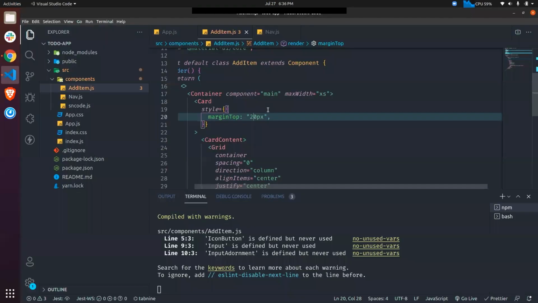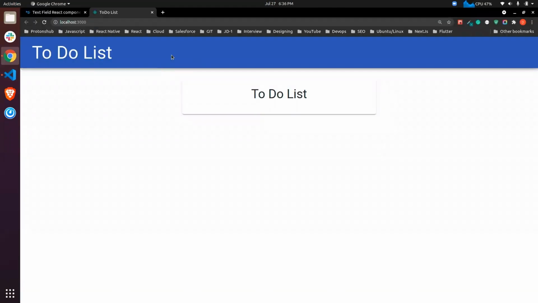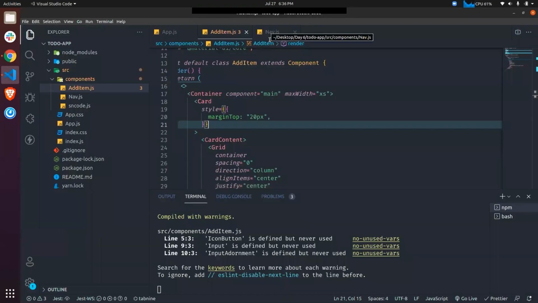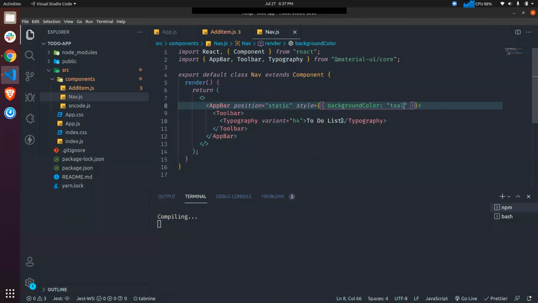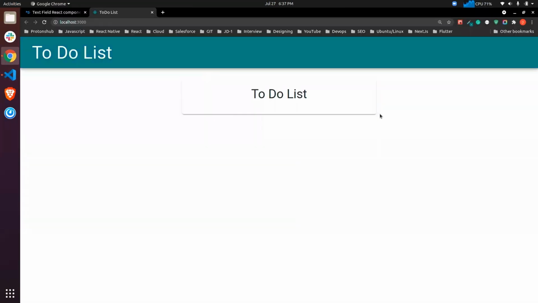Now, if you want to change the background of this app bar, we can provide a style over here, and we can write a background color of, let's say, teal. And yeah, our color has also changed.